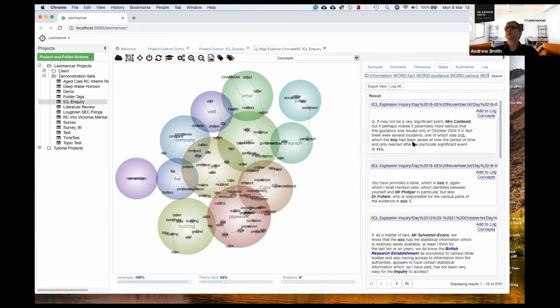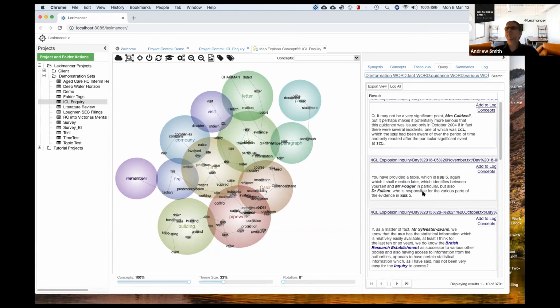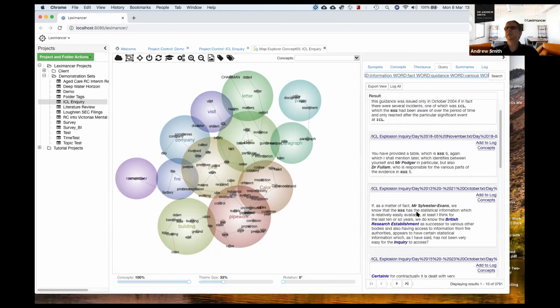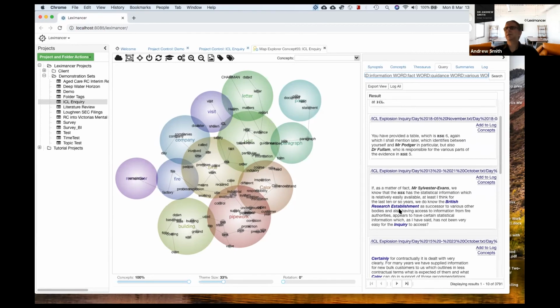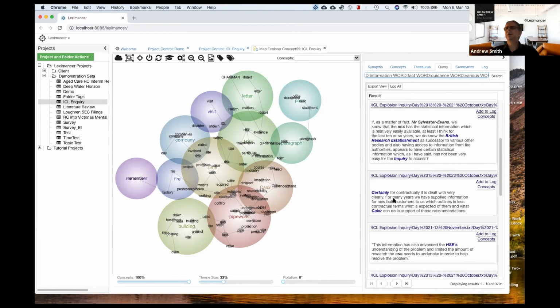So the HSE had been aware of over the period of time, they only reacted after a particular... it's about health and safety. I think it's a committee, is what I recall. So you can read through and see